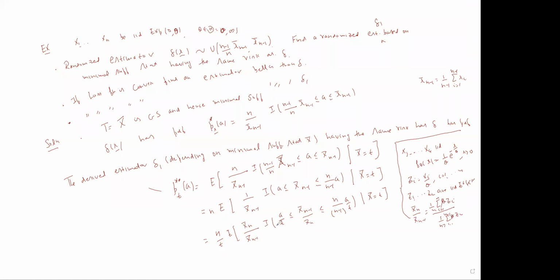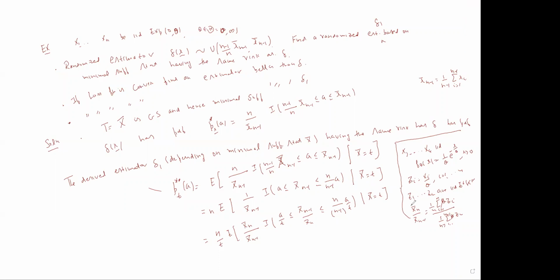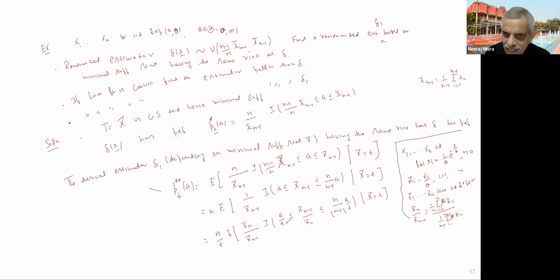So if it was a location family, I would have considered X bar N minus X bar N minus 1. The idea is to show it this way only. Now I can use Basu's theorem because X bar is independent of X bar N minus 1 by X bar N. So it is ancillary. So by Basu's theorem, this conditional expectation will be the same as